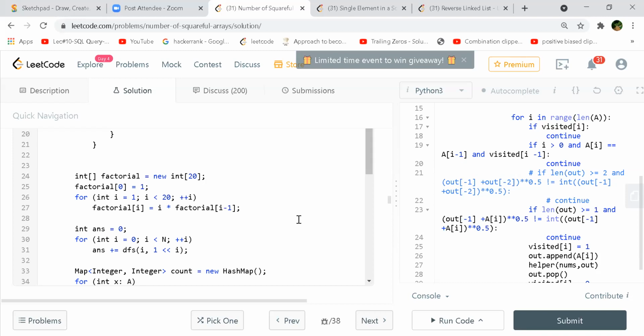If you keep going till the end, it will be n into n into n into n times. So that will make it n to the n. And you have to traverse through all of the nodes, and then decide whether it is satisfying the condition for a squareful array or not.